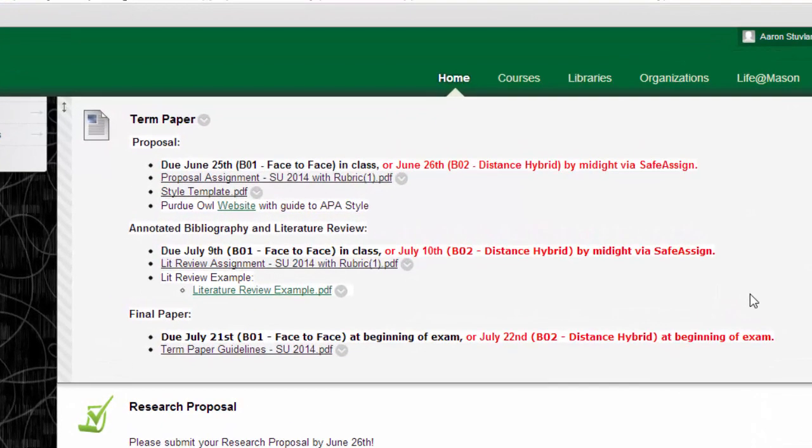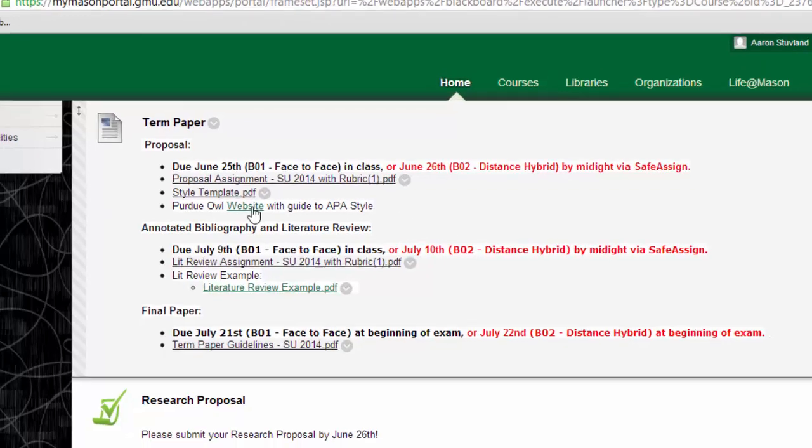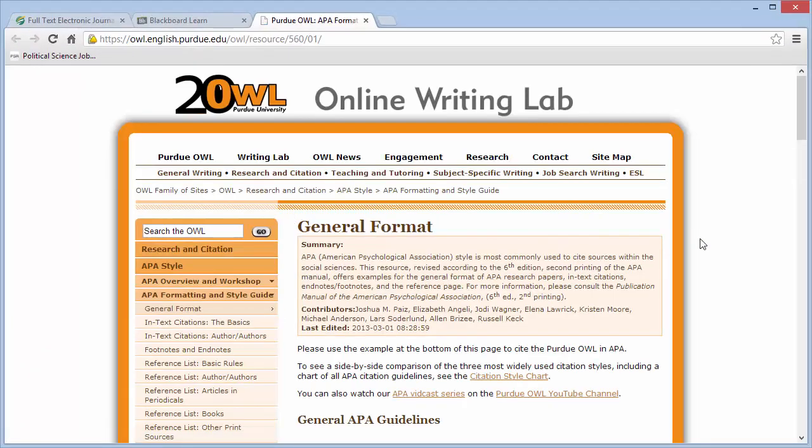Here you'll notice two resources, a short APA-style template, and then the Online Writing Lab, or OWL website through Purdue University. The Online Writing Lab is a great resource, and it includes all kinds of topics, APA formatting questions, and also it includes two different links to videos that this Online Writing Lab has produced that shows you the nuts and